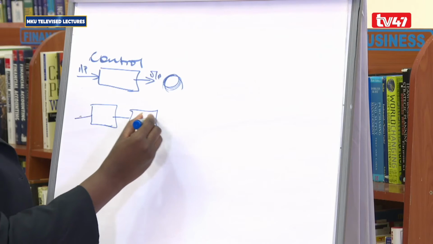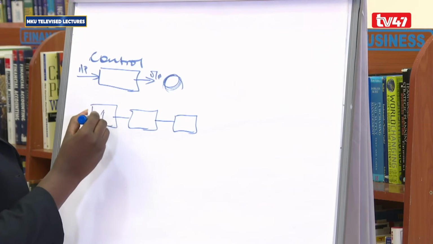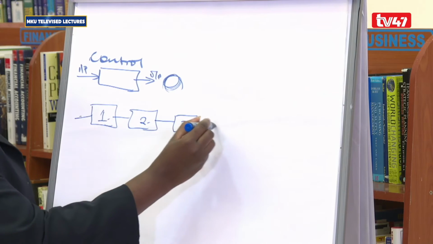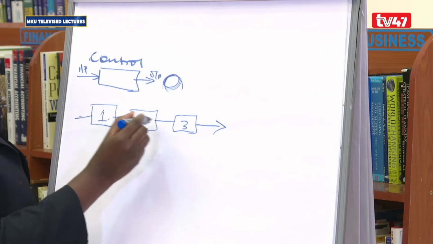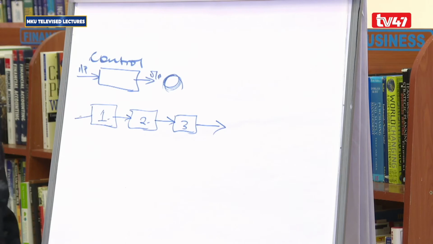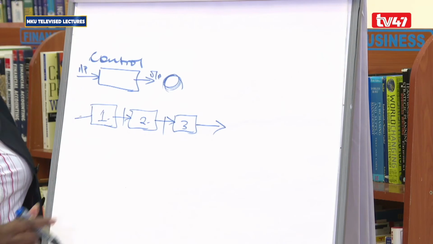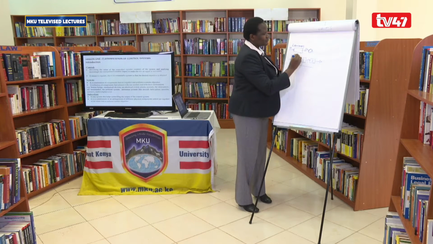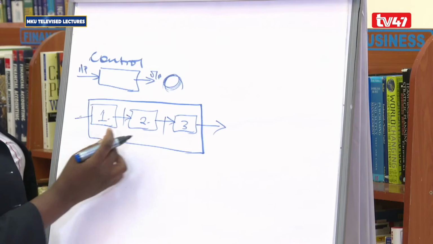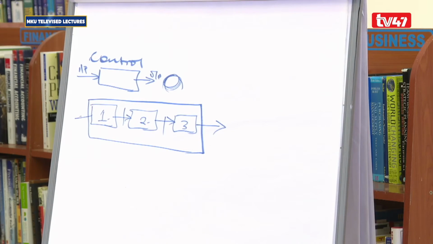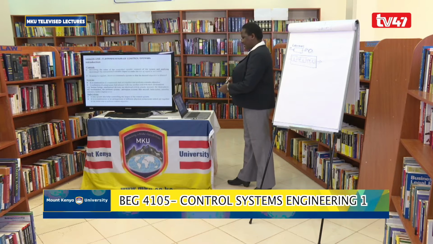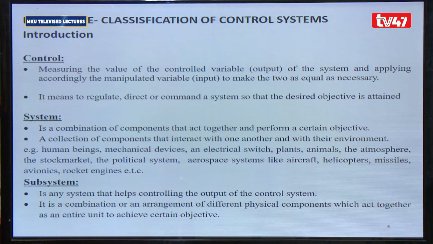So we can have a system which has maybe subsystems 1, 2, and 3 for us to get the output. They must be linked. They must communicate. If there is a disconnect, then definitely you will not get your output. So those are the systems and subsystems. When you have one system, you can have some subsystems inside the system. A subsystem is any system that helps in controlling the output of the control system. It is an arrangement of different physical components which act together as an entire unit to achieve a certain